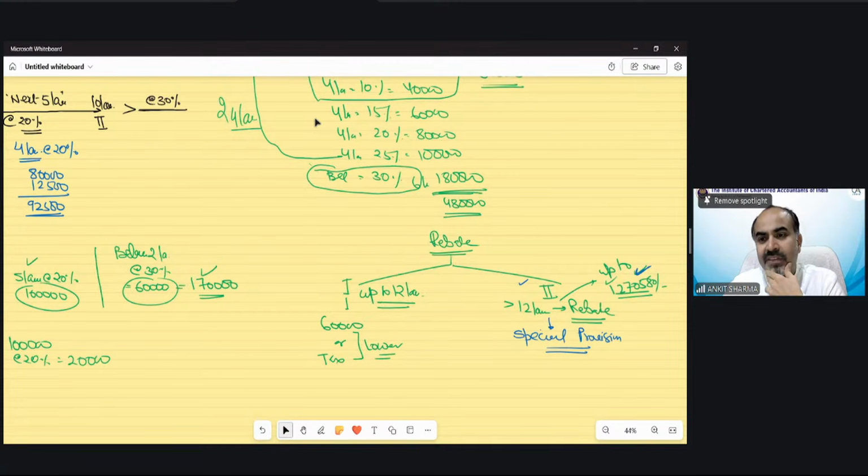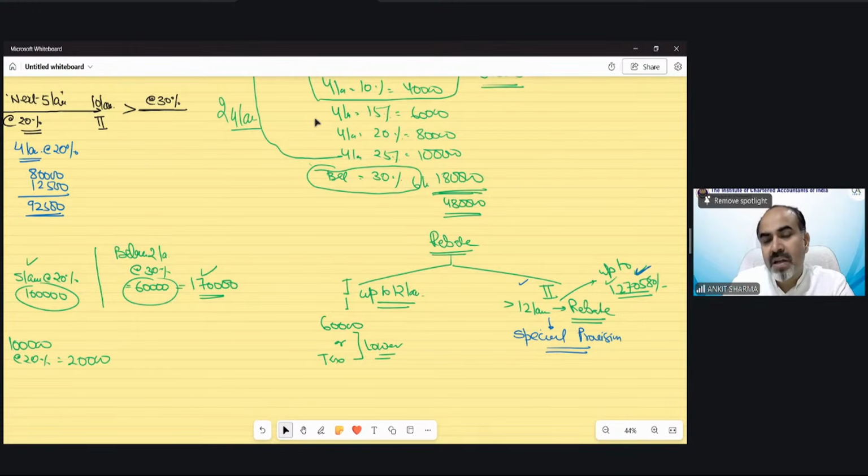Now understand why someone on 12 lakh does not pay tax. Very good. Why does the government take this number 12,70,580? No, the government does not take this number. I have calculated it for your benefit, because for the purpose of examination, if the total income has been given more than 12,70,580, then you will not waste your time to calculate the rebate. The government does not describe it. I have calculated up to which level this rebate would be applicable. You will understand when we solve this part of the question. That will save your time in the examination.